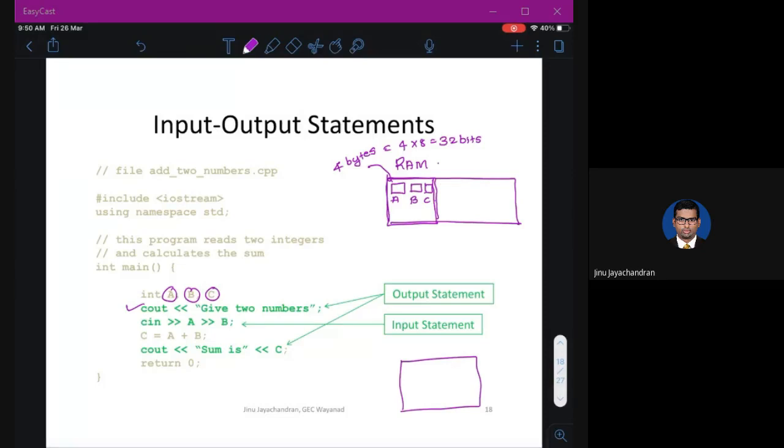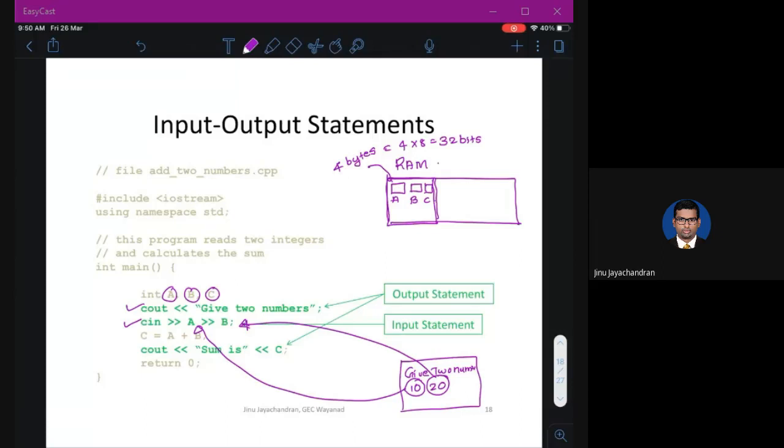It will display a prompt asking to give two numbers. You will type, let's say, 10 space 20. Cin means you are getting the values that you have typed, 10 to A and 20 to B.